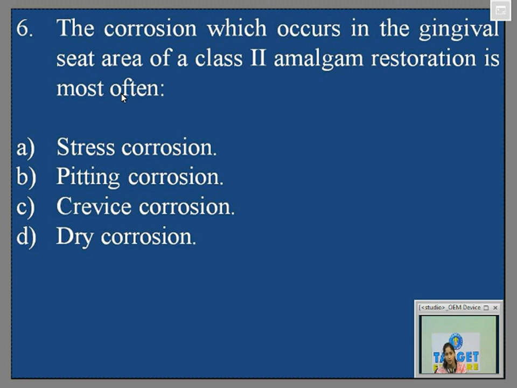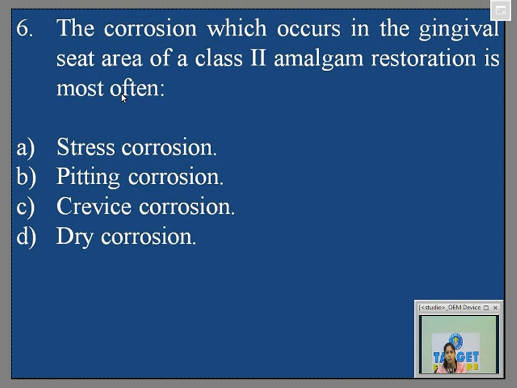or in fact even without a restoration, when you have a tooth which has pits and fissures, or a restoration which has pits, porosities, or rough surfaces. If those surfaces of the restoration or the tooth get covered by food debris, that will cause an oxidation reduction reaction. The areas under the food debris will act as anode, and the areas which are otherwise being cleansed will act as cathode, resulting in an electrolytic reaction, and it will undergo concentration cell corrosion or pitting corrosion.